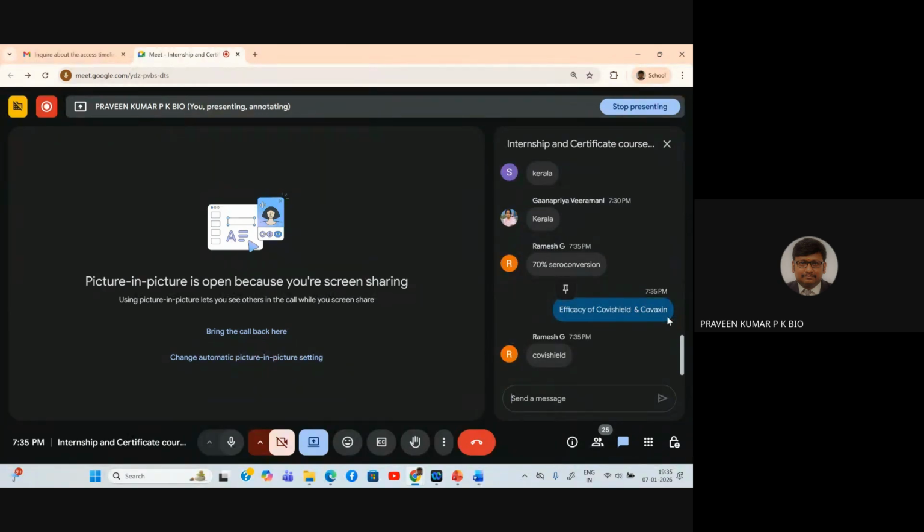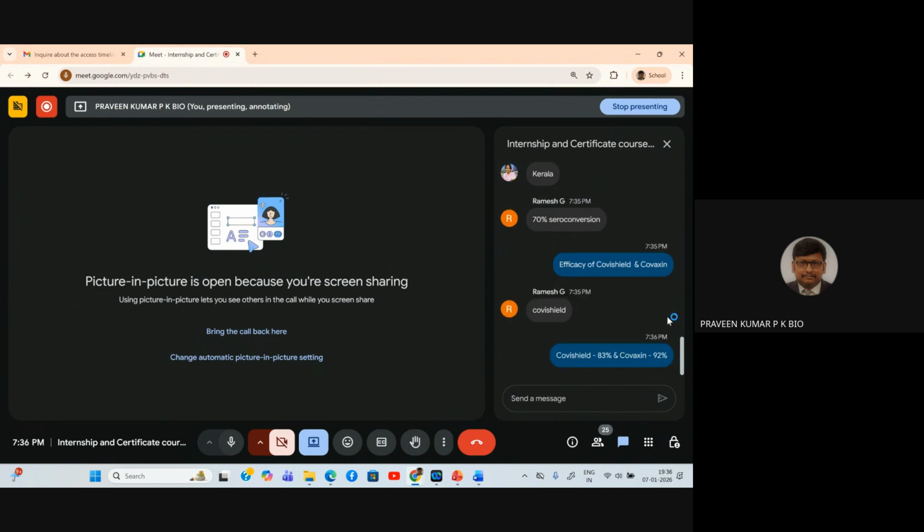Covishield, no, actually, the overall data, based on the population, how many have tried. Covishield came around 83%, and Covaxin came around 91 to 92%. So even if you take 92%, this is the maximum efficacy. That means Covaxin can prevent 92 people out of 100. The 8 people we can't prevent because of